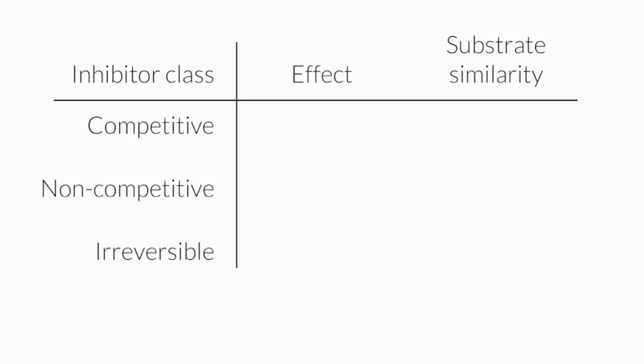So what that lets us do is construct a table for this. A competitive inhibitor is going to raise the Km. It's doing so because it's competing at the substrate binding site. If you add enough substrate, you can outcompete it and put the enzyme into an active form. And so that effectively means that the Km goes up. I said that backwards. The Km goes up. It's a higher Km. It takes more substrate to outcompete the inhibitor.